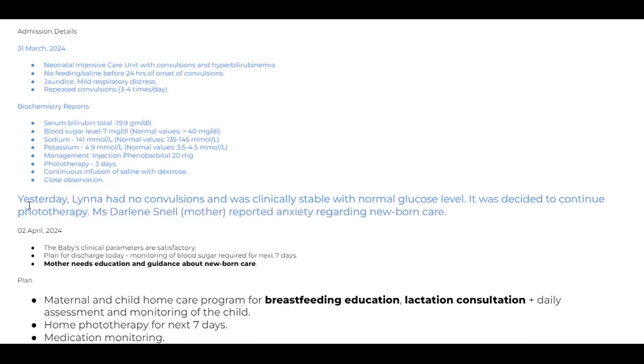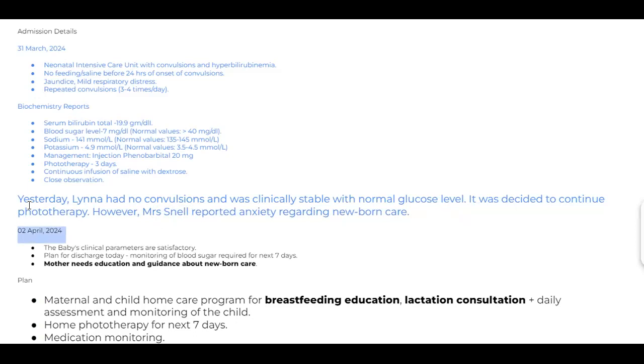okay. However, see, there is a negative thing here because all these things are positive. So we are going to a negative thing. Miss Darlene Snell, since we have already mentioned here, Miss Darlene Snell, I think Mrs. is written somewhere else. Mrs. Darlene Snell or Mrs. Snell is also fine. Reported anxiety regarding newborn care. So this is also completely past tense. Now we are entering